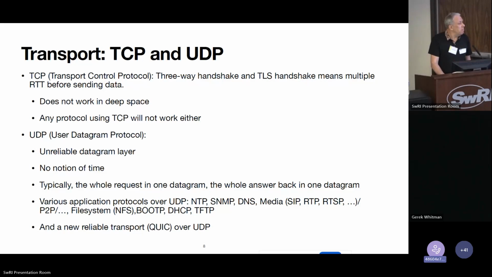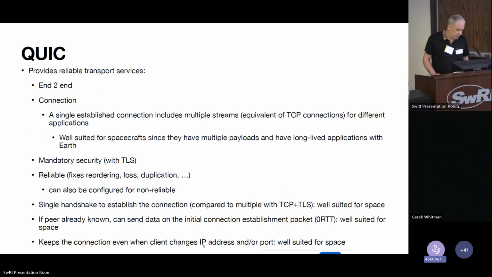therefore work fine in deep space. The new reliable transport QUIC is using UDP, and that's a key thing that changed since 2000. QUIC was invented about 10 years ago by Google, and is now a standard in the IETF. Your current laptop is using QUIC probably 40% of the time, because 40% of the internet traffic currently uses QUIC. QUIC is not for quick, but it's actually quicker. And it's a more modern transport protocol.